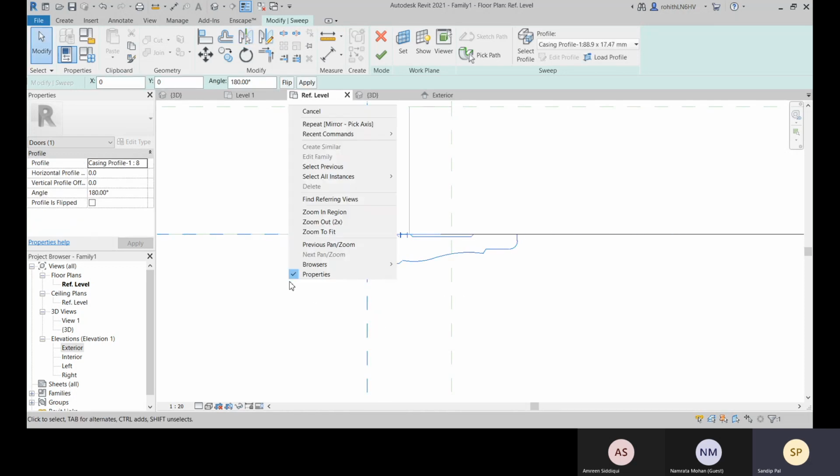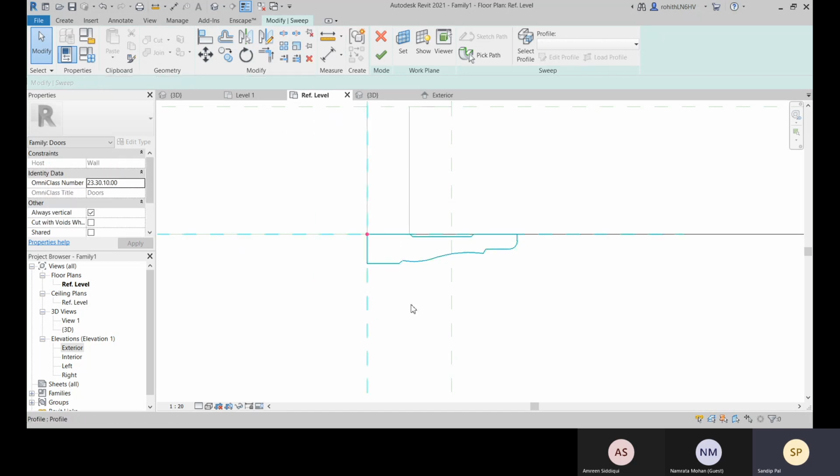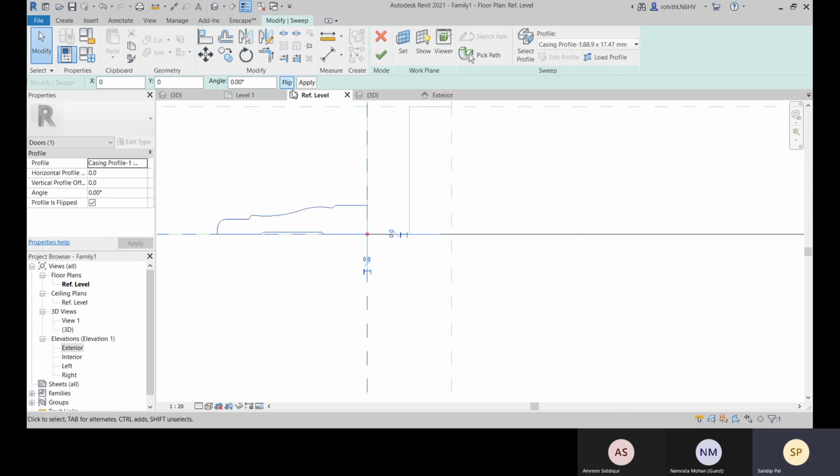Now you can do this, or else you can give the angle. There you can give a 180 angle.